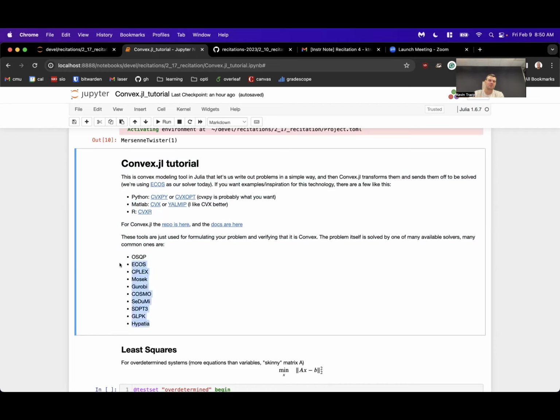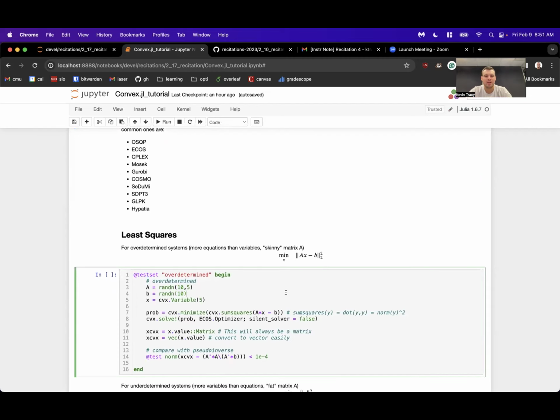So here's just a bunch of solvers that maybe you recognize some. Some of them are commercial, some of them are open source, and they all interface with these tools. So here's a very simple example. If I want to minimize this least squares problem, Ax minus b, the way I create a variable in Convex.jl is